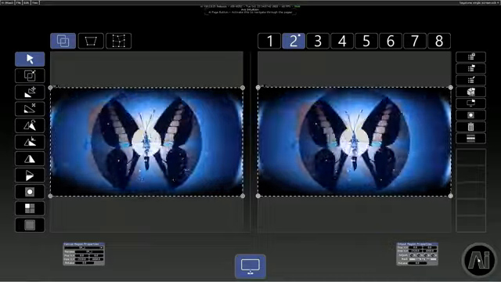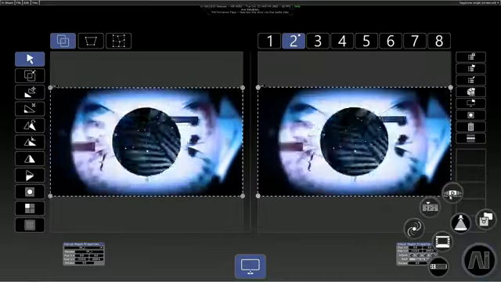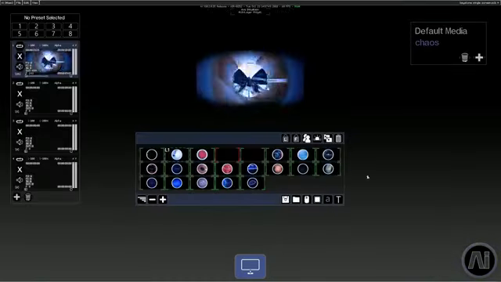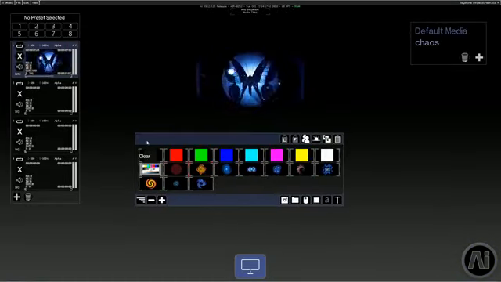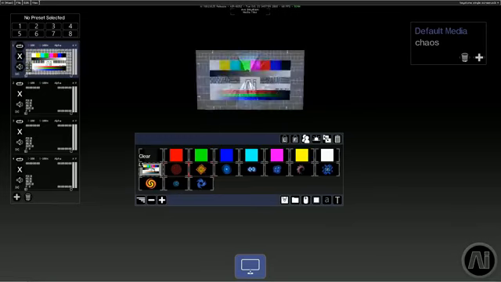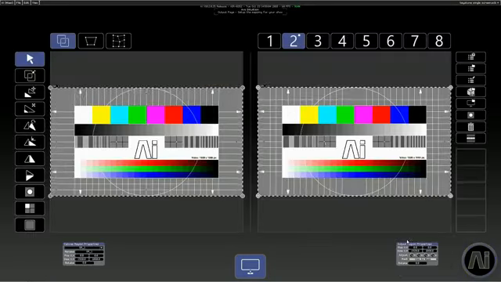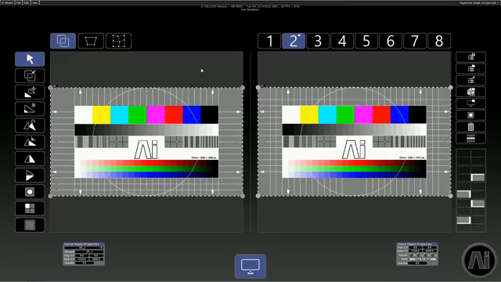With this image, it will be quite hard to see what I'm doing and if my image is properly aligned. I will use the default media bank and select the 16:9 test pattern, which will make my life much easier. I will go to the AI output page with my selected and created full screen output region, and on the left hand side above the output region tools,